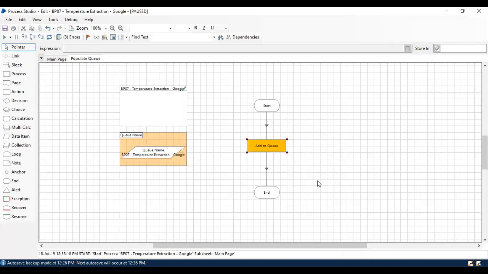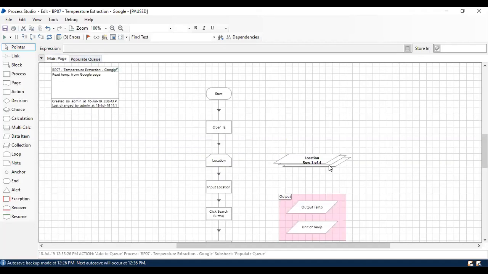So now to add the items to the work queue, just run this action. It's going to load those 4 locations into your work queue named BP07. Now you can see the action is completed, which means it didn't throw any error. It is assumed that it had successfully loaded the data into your work queue. So now we will get into the controls tab and see the queue management part, under the queue name BP07, and see whether the 4 rows from the location collection loaded into the work queue.